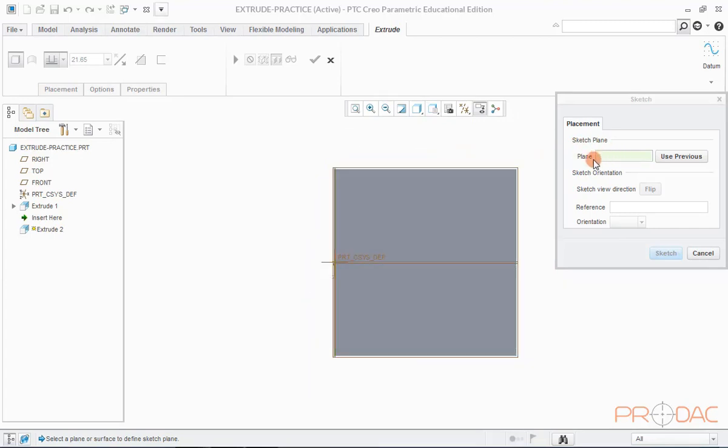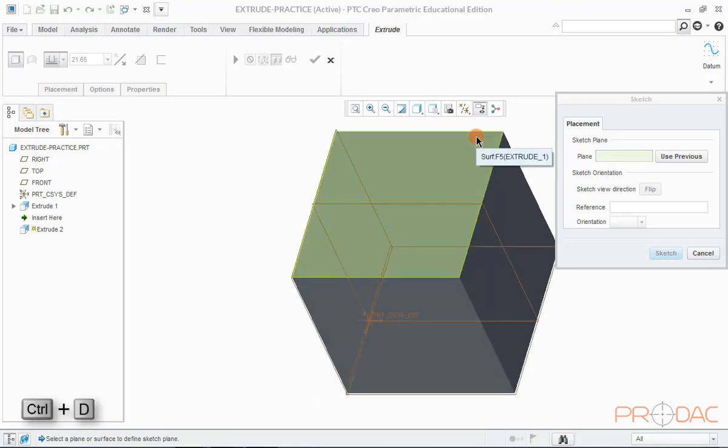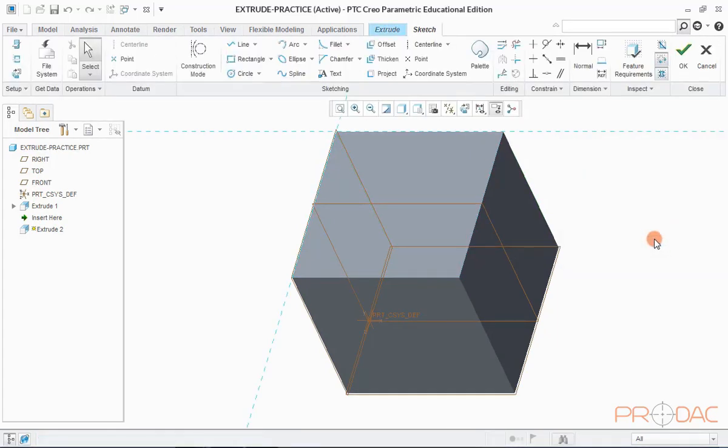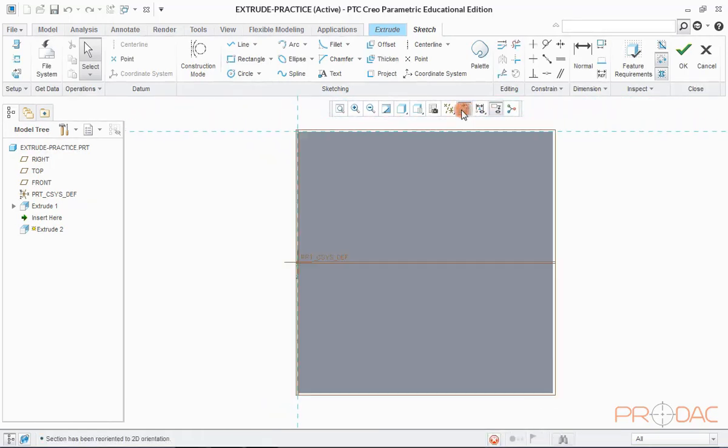Since protrusion feature is on the top surface of the cube, we'll make top surface of the cube as sketching plane. And keep sketch orientation as default. And press Sketch button. Click on Sketch View option in the Quick Launch area to make sketching plane parallel to screen. Now, pick the Circle option and draw a circle with diameter 20 mm anywhere on this surface.